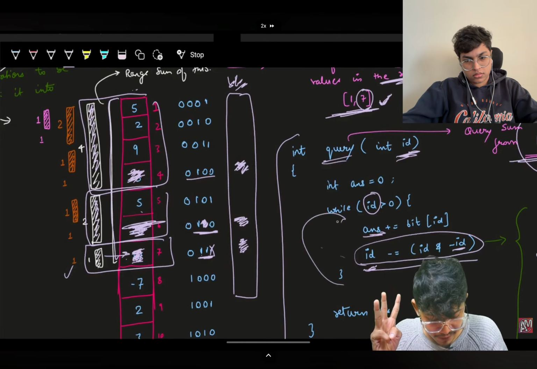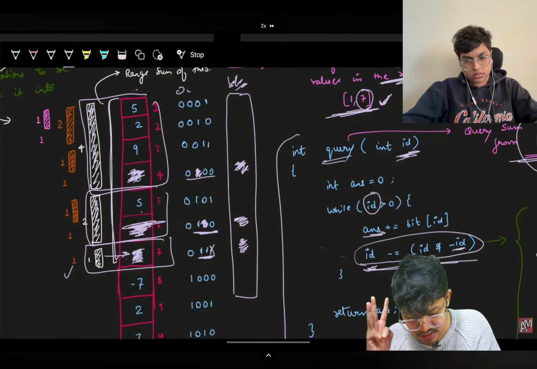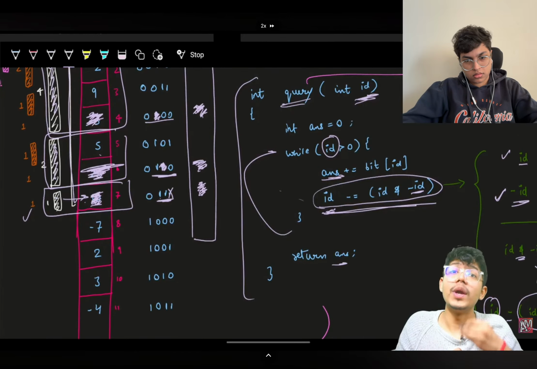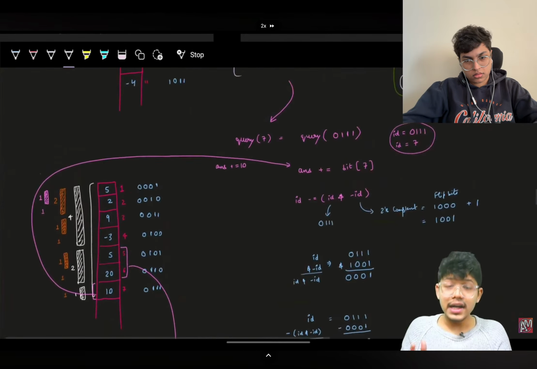Now, when this is done, you have added the value ID, removed the last set bit. The last set bit is removed. It becomes 0, 0, 0, which means break out. So you have added these 3 values in your answer, and that's how you actually perform your query operation. Now, when you understood this, let's quickly go and understand deep by deep how, in the binary form,